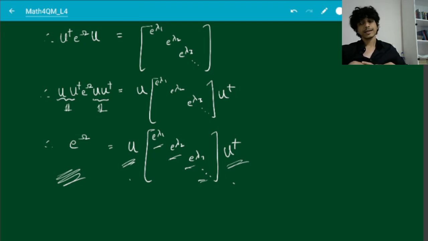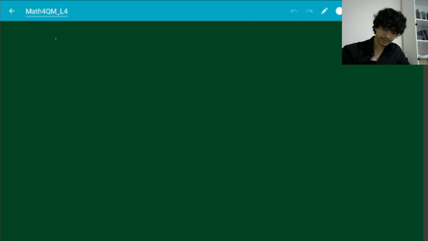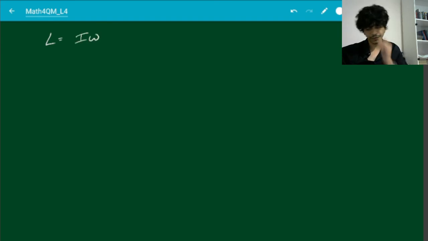So in classical mechanics, in your 12th standard, you were taught that angular momentum is I times omega. So I is moment of inertia and omega is your angular velocity. Now, sure, for some nice symmetric bodies which are rotating about their symmetry axis, this is perfectly fine. But in general,